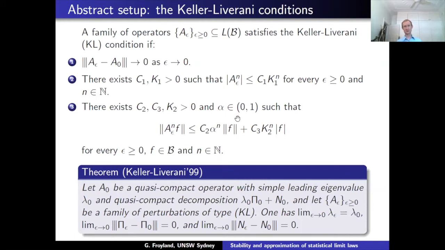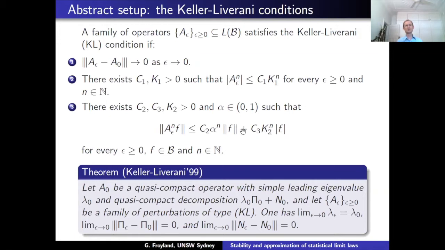I guess this doesn't mean too much. I'll come back to them a little later when we look at examples. This just says that your operator is power bounded in the weak norm. And then there's this strange looking condition, if you haven't seen it before, but it's used all the time in dynamical systems. It's called a Lasota-Yorke inequality, or in probability a Doeblin-Fortet inequality. What you want is that when you hit your function with powers of your operator, you contract geometrically in the strong norm, but you're allowed to add possibly quite large amounts in the weak norm.